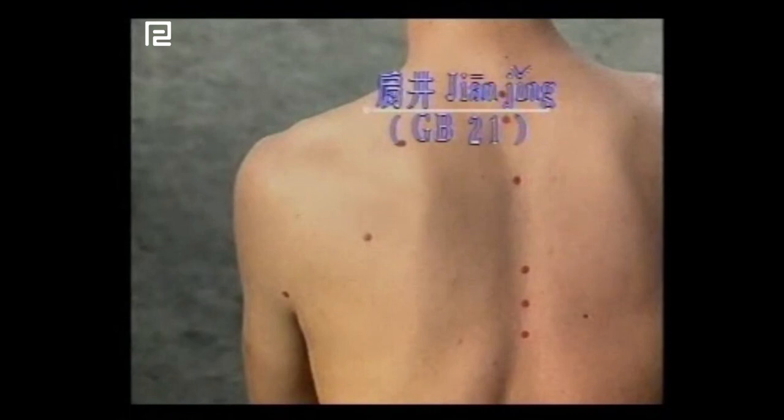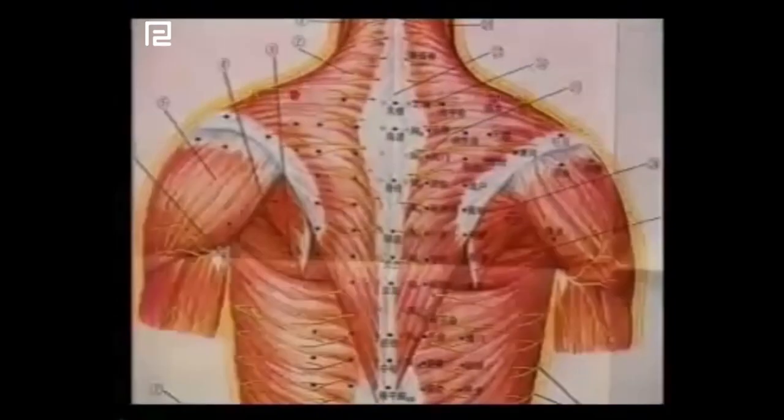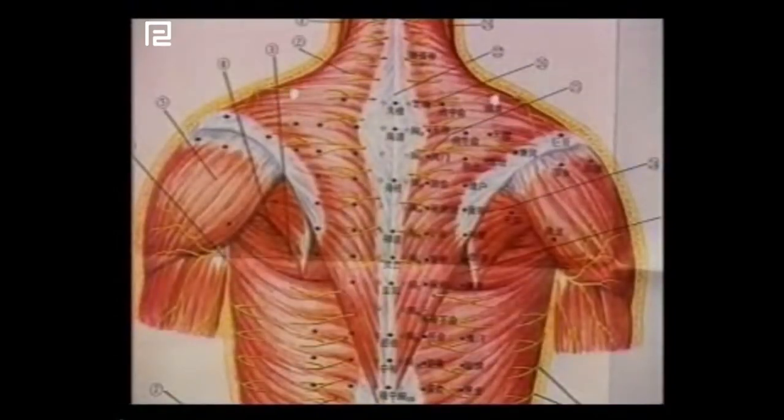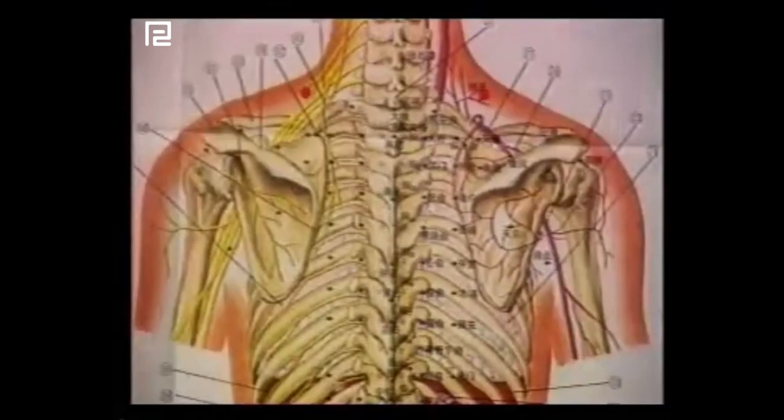Jianjing. Location: on the shoulder, directly above the nipple, at the line connecting Dazhui and the acromion. Indications: pain in the shoulder, back and arm, pain and stiffness of the head and neck, carbuncle, furuncle, mastitis, functional uterine bleeding, dystocia, poliomyelitis. Methods: puncture 0.3 to 0.5 cun, moxibustion 3 to 5 cones or 10 to 30 minutes.